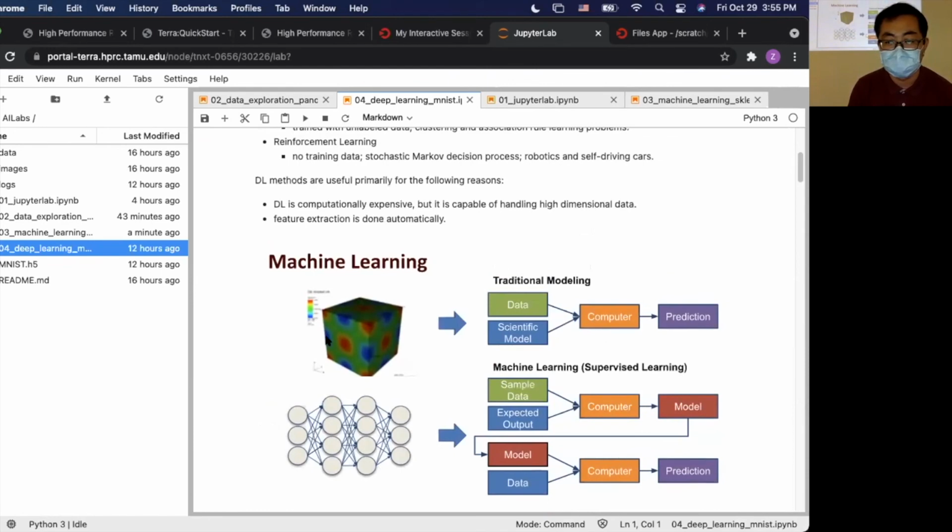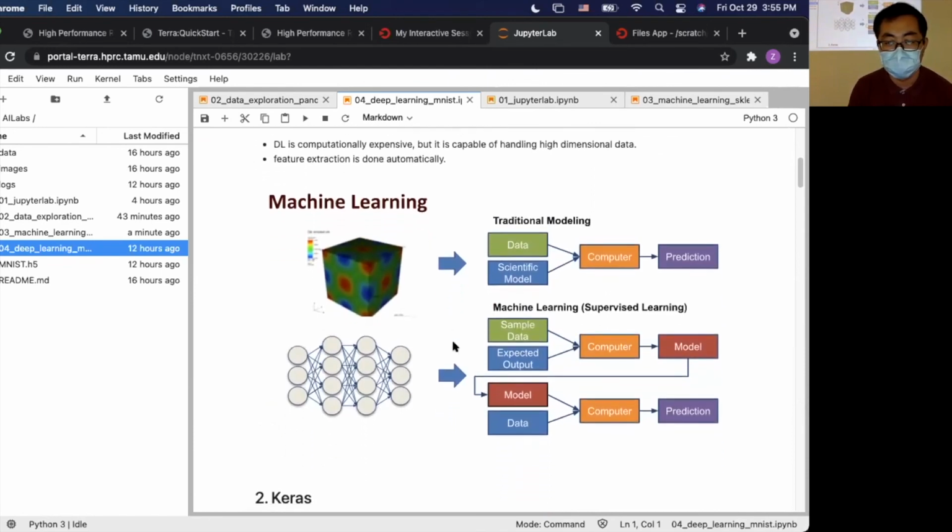I don't have time to talk about the difference between traditional modeling and machine learning. Machine learning is not about a physics equation.